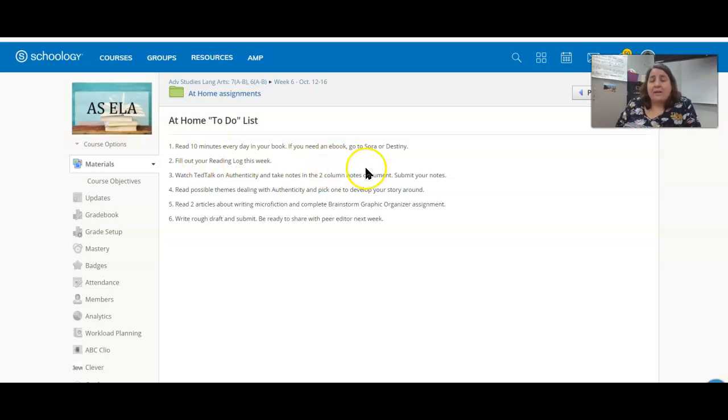It reminds you that you should read 10 minutes every day from your choice book, and if you need another ebook, go to Sora or Destiny and check those out. Remember, you can also put holds in Destiny to get a paper book when you're back at school for your in-person learning. Also, fill out your reading log this week. You don't have to wait until Friday; if you want to do it on Wednesday, that'd be fine. We might think of a new day to do that, but try to each week fill out your reading log